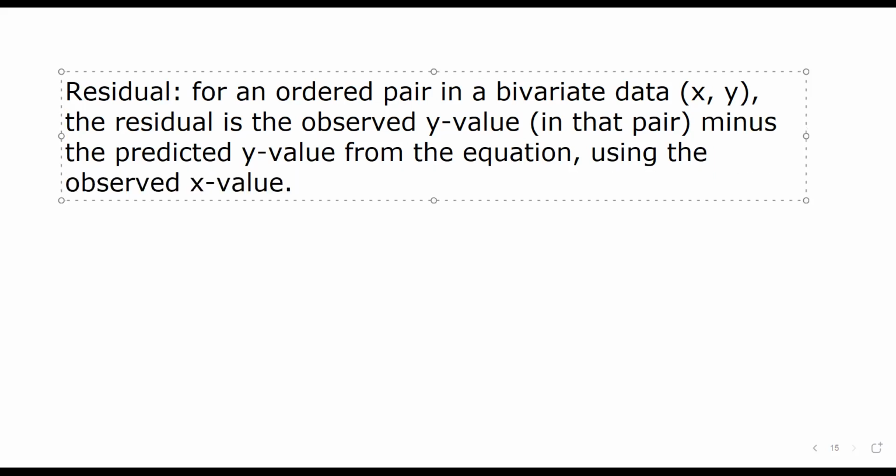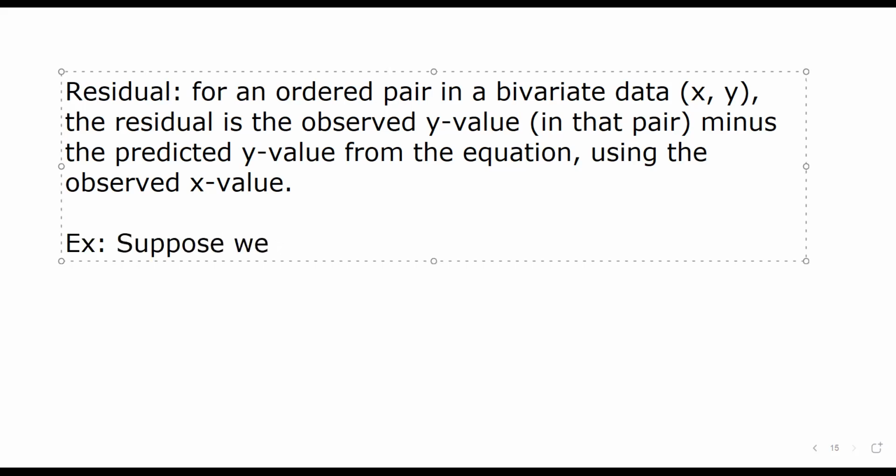Now, I know that's a lot of words, but think of it this way. When we have an ordered pair, we observed an x and we observed a y, and we put them together and said, look, an ordered pair. But when we come up with this equation, we can use it to make a prediction. So we're really just figuring out the difference between what y value did we see versus what y value does the line predict. So using the previous example,